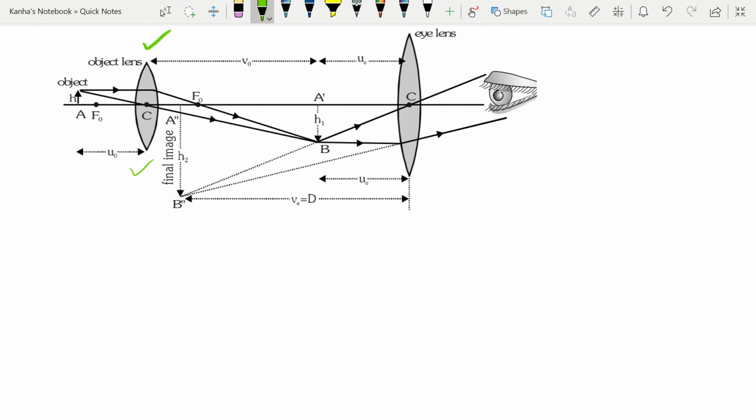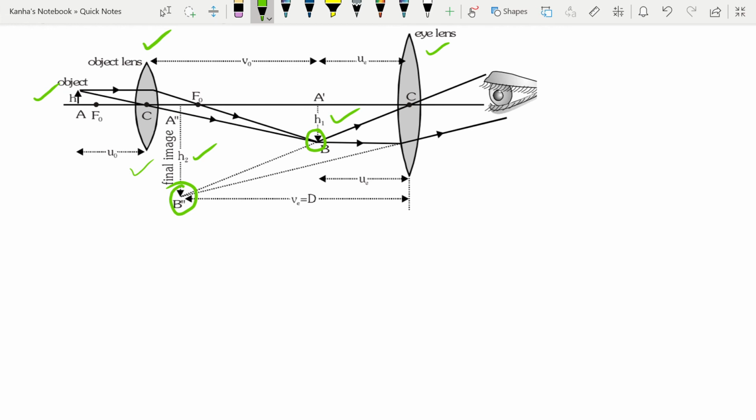So I use the first objective lens and I try to form the image. Due to this, the image will be formed somewhere around here, which will be real and inverted. Now this will act as the object for the eye lens, okay, or the eyepiece, and then due to this an image will be formed which will be virtual, and I can easily see this image at B double prime. Let the height of the final image be h2. Let the height of the initial object be h, and let the height of the intermediate image be h1. Okay. You can see that the intermediate image is acting as the object for the eyepiece.